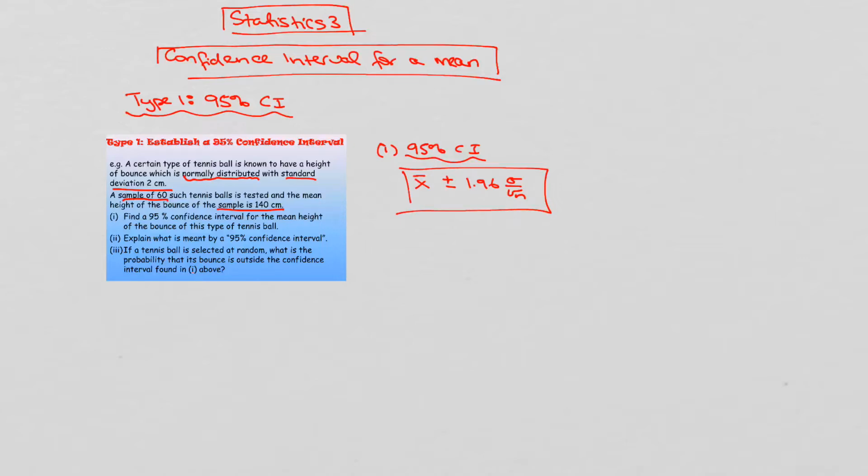So what we want to do is write down what is it that we're actually given before we use the formula. So if we look, our standard deviation is 2 centimetres. Our sample size is 60. And our sample mean is 140 centimetres. So if we put that into our formula, we have our sample mean minus 1.96 times the standard deviation over the square root of 60 must be less than or equal to the true population mean, which is less than or equal to the sample mean plus the margin of error